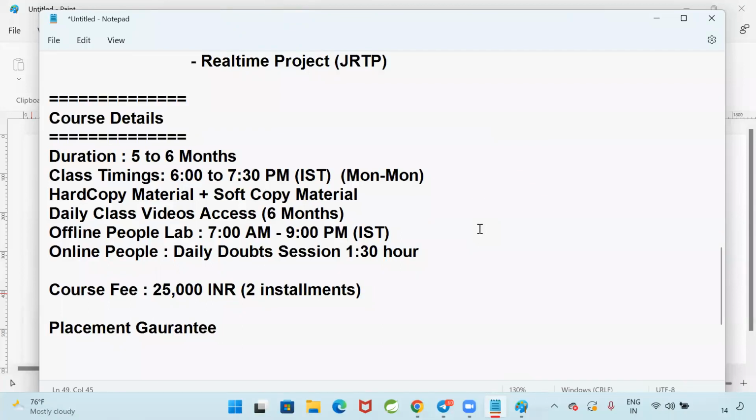I got my first job like that only. I completed my BTech in 2012. I got the job in 2013 with 3.5 years of experience. That is my track record. I got my first job with 3.5 years of experience, but how much gap did I have? 1 year. In 2012, I completed my BTech.